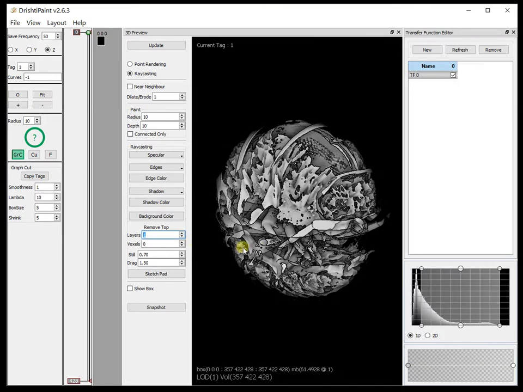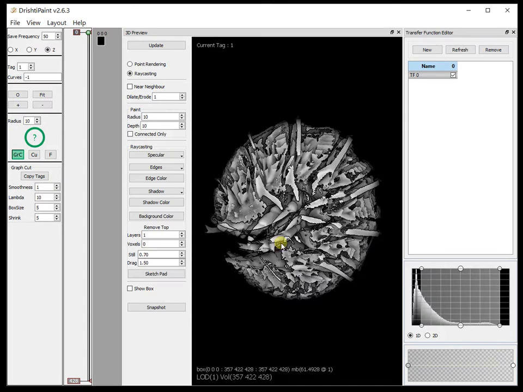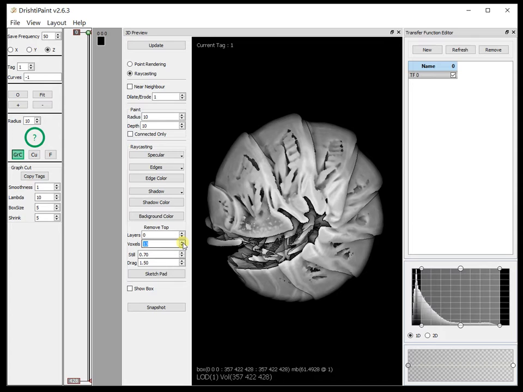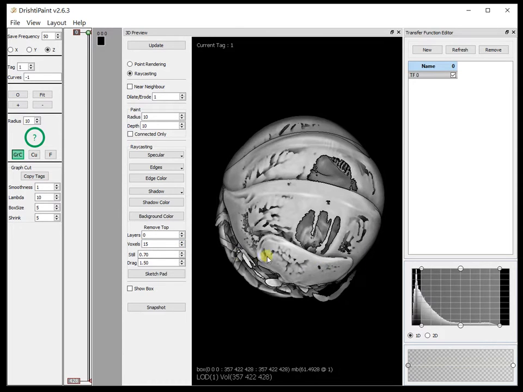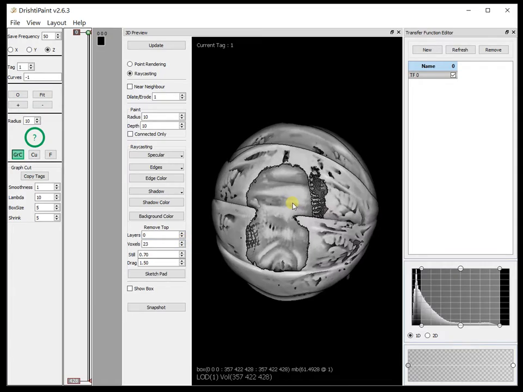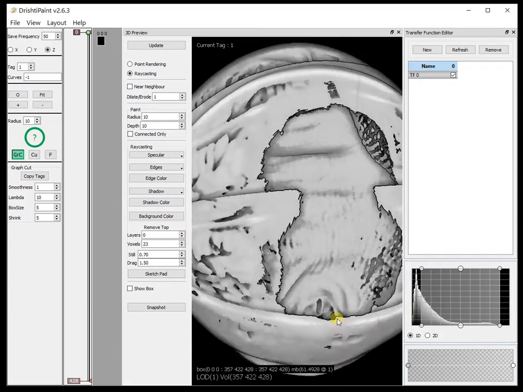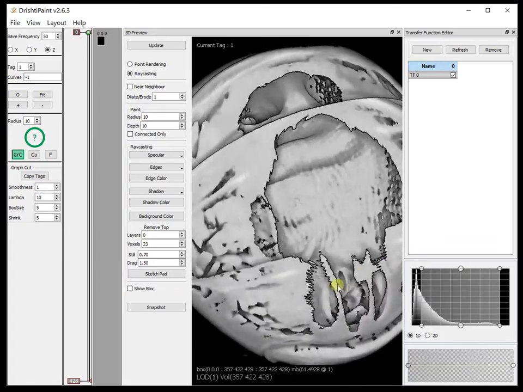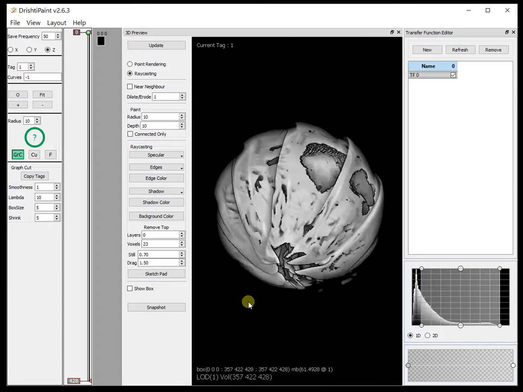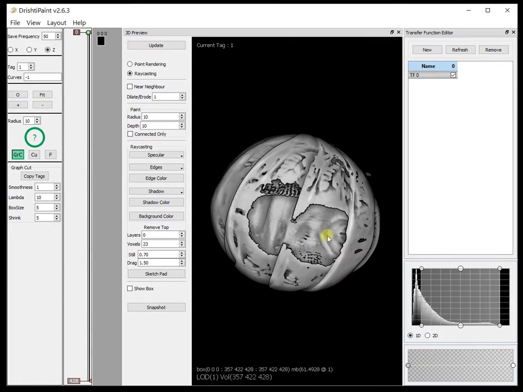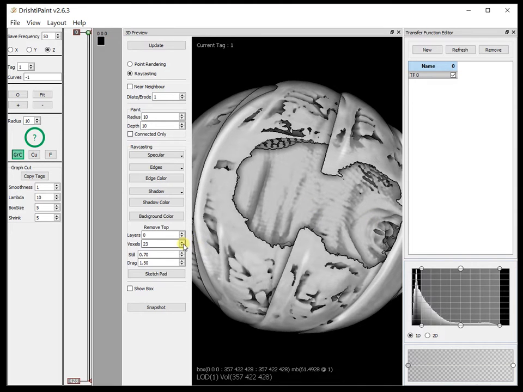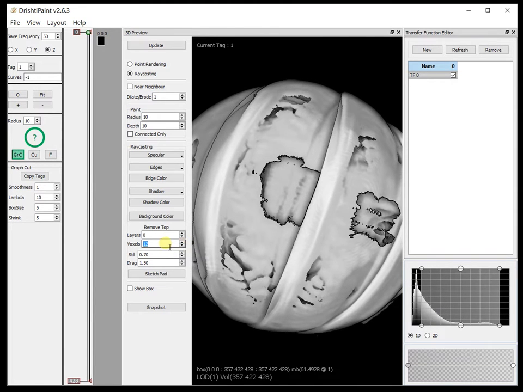Then you can also remove layers, or you can remove voxels. So the voxels are removed from the first hit here. And then you can also go in and paint the region that becomes visible now. We will do that, but before